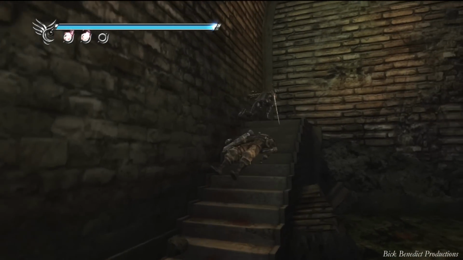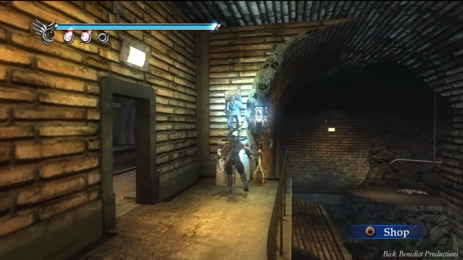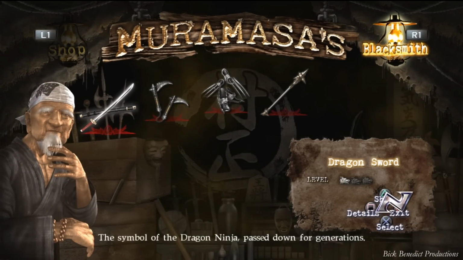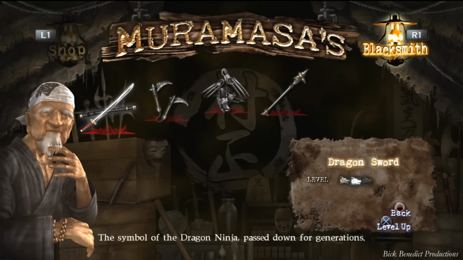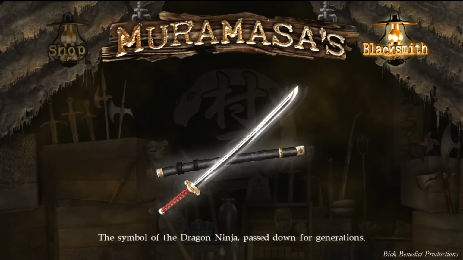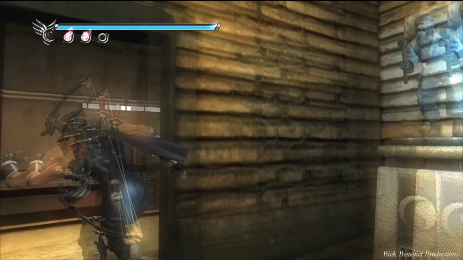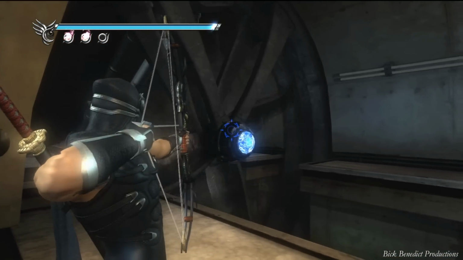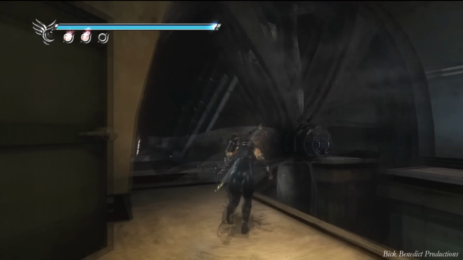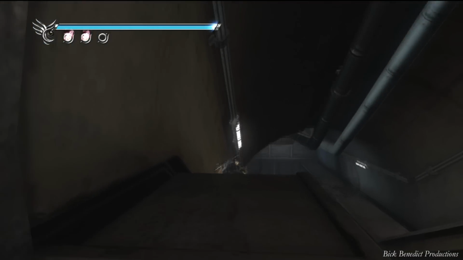So unlike some of the other chapters, there's not really a mid-level boss in this stage. So here I'm going to upgrade the Dragon Sword to level 2. We really didn't have to. It wasn't much of a handicap to not have that Dragon Sword upgraded because we just had to go through one stage of that. And okay, so there's no mid-level boss except for the fact that there were those...